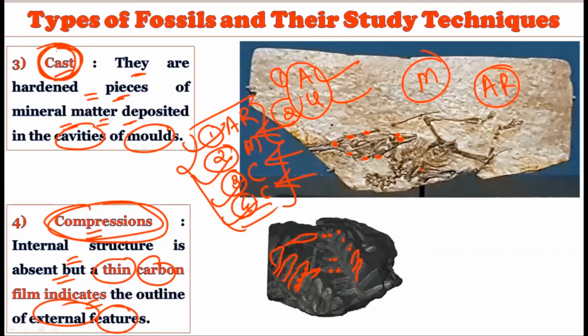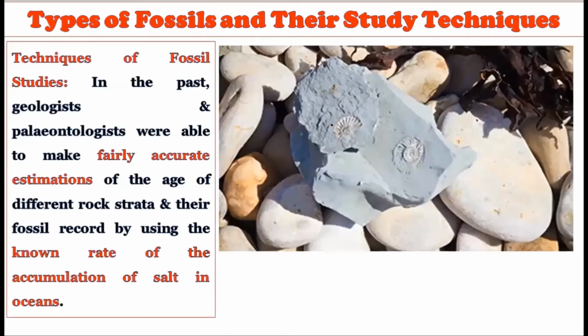Okay, so altered and unaltered type of classification, or the actual remains, or the molds, or the cast, or the compression type of classification, you should know it carefully. Okay, and understand how they are different from one another. All right, now see the techniques of the